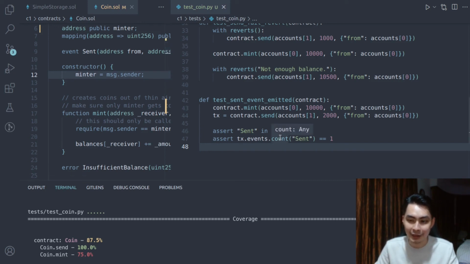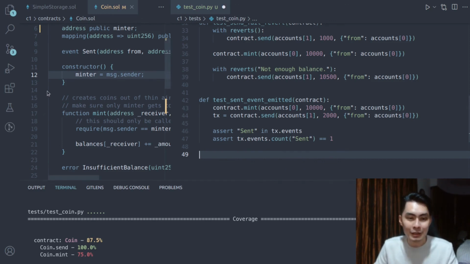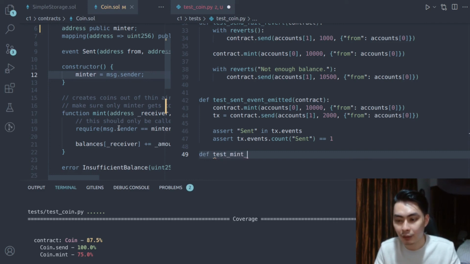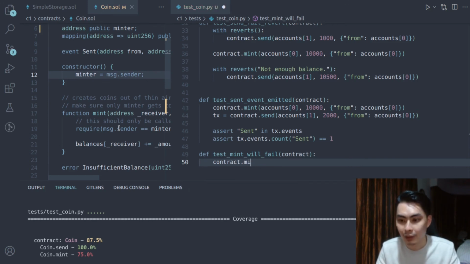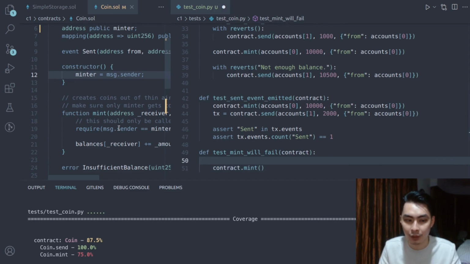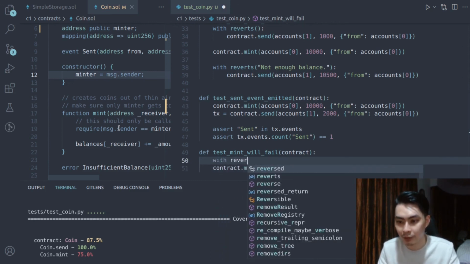Have any idea? All right, so it turns out one other thing we can test for is this require statement, and make sure that it should fail if anyone tries to play around with that. So we can go ahead and say test that mint will fail, and we're going to give it contract. And now we do a mint, but this time we want this mint to actually fail. So how do we do that? We use what we learned before about reverts. So with reverts,